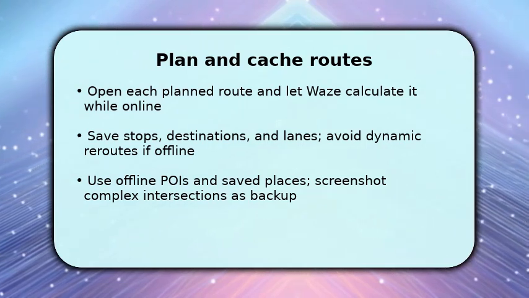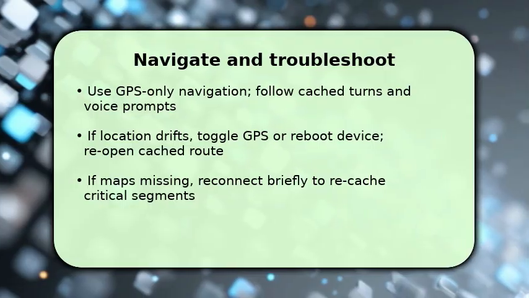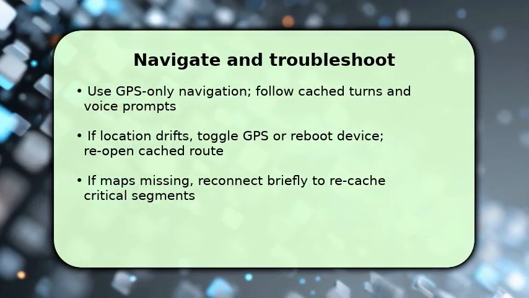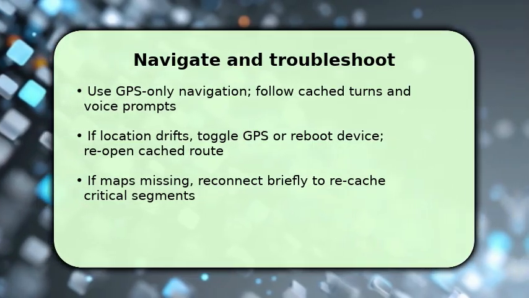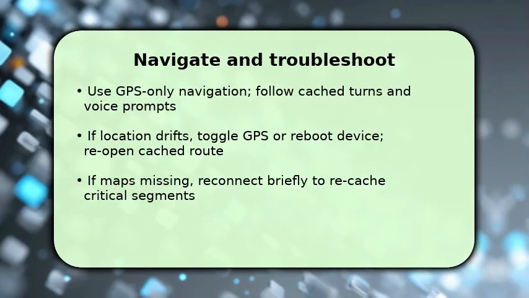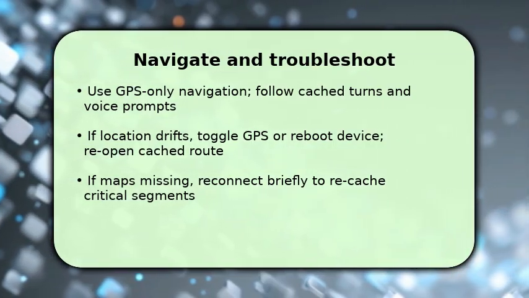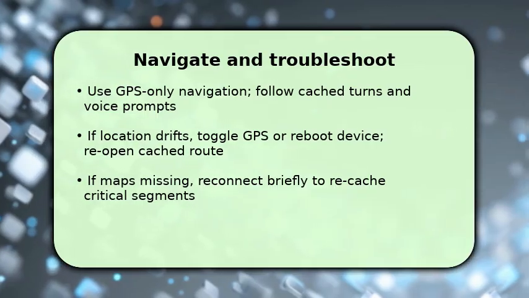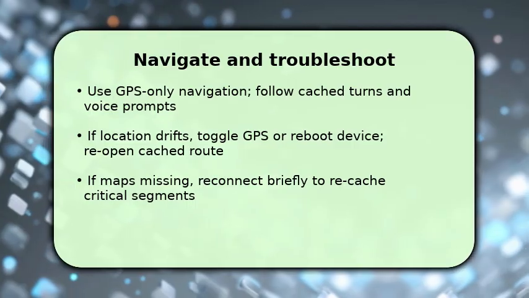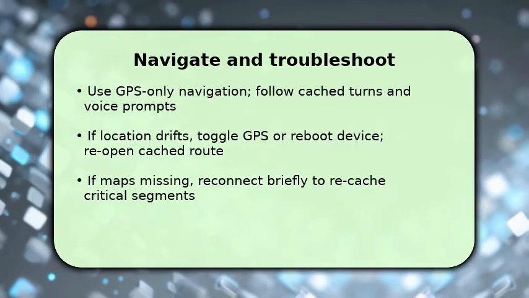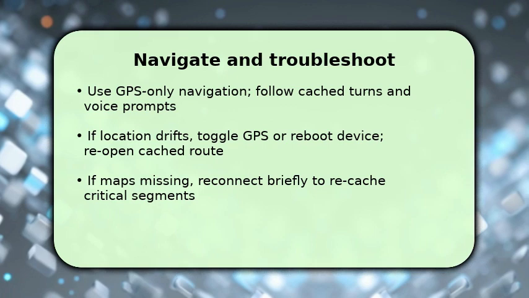Now you navigate, rely on GPS and the cached route, follow voice prompts and visible turn instructions even when Waze shows no network. If the GPS drifts or position freezes, toggle device location off and on or reboot, then reopen the cached route so Waze reloads stored directions. If you find a missing segment, briefly reconnect to mobile data to refresh and recache that portion. Otherwise, reroute manually using screenshots or saved POIs. If nothing works,